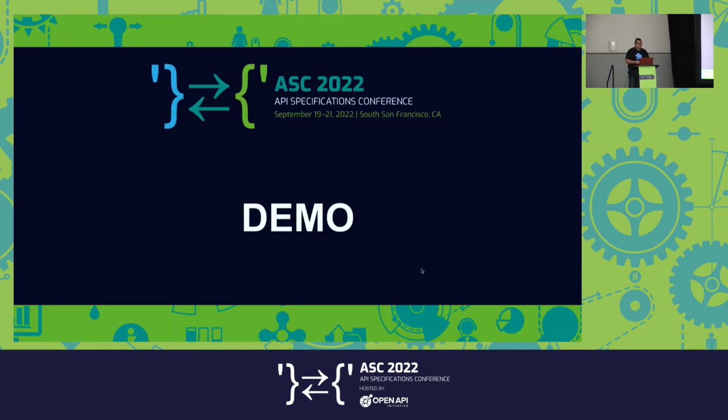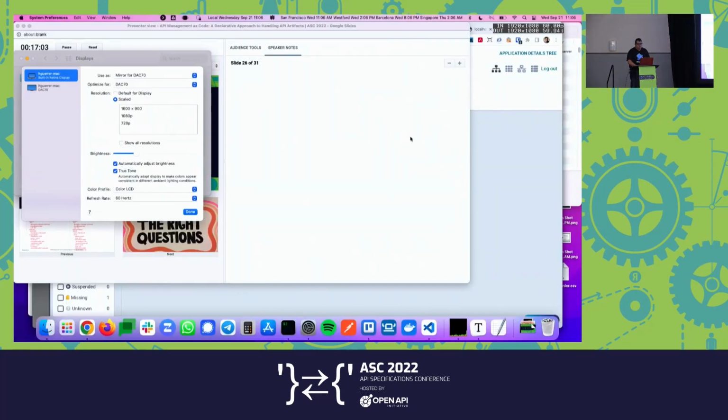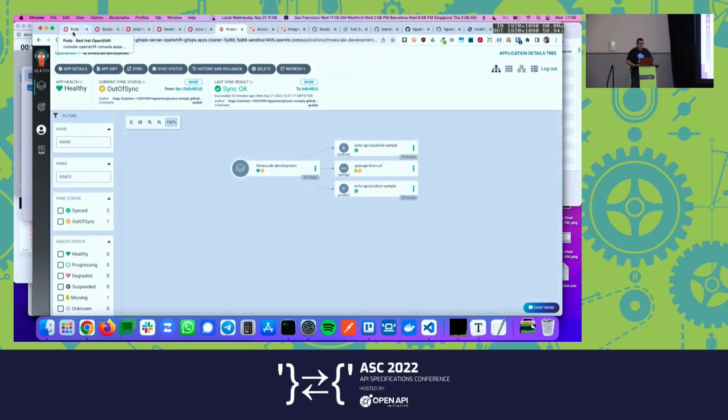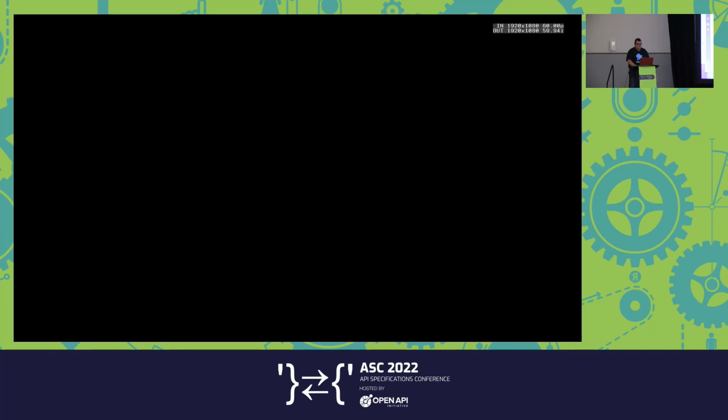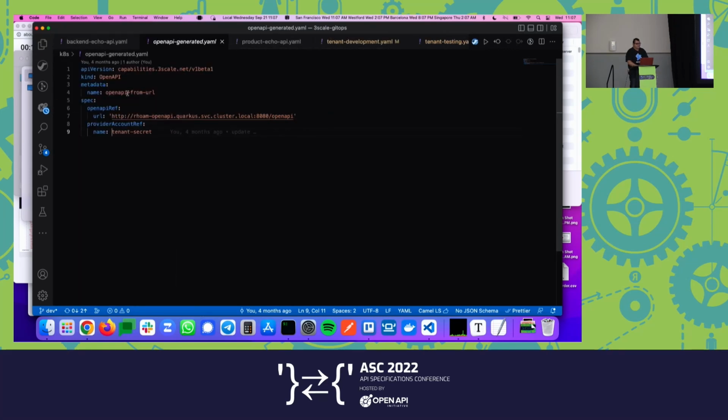Now let's move into the demo part, and we'll try to show you how it looks in a real environment. So let me do a switch here. Cool, awesome. So I have different components here. In this case, I have my different components where I am deploying